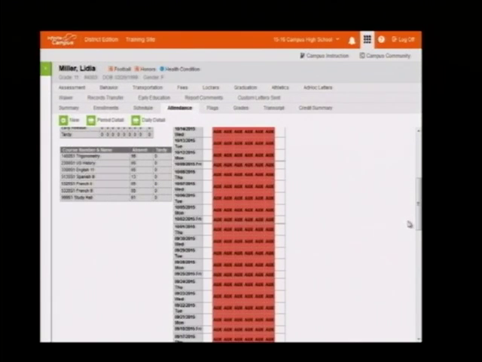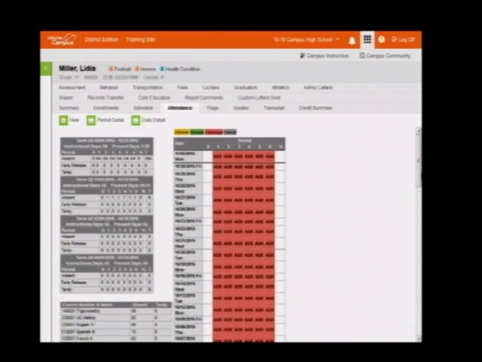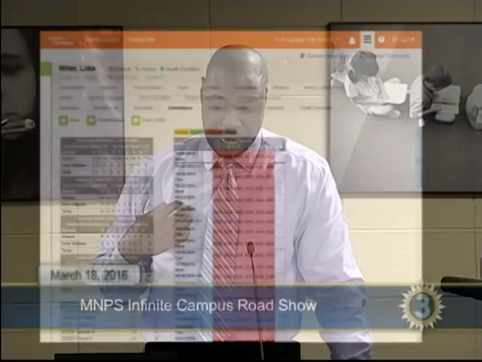Most folks who would get access to this tab, a lot of times districts would allow, or schools would allow their teachers to see this. That way, if I marked a student absent on a particular day, I can verify that that information is there and accurate as well. The other thing is, a lot of times it's just kind of nice to know that if I have a class 5th period, I can come here and see if a student is probably not going to be here today or something like that. Okay?